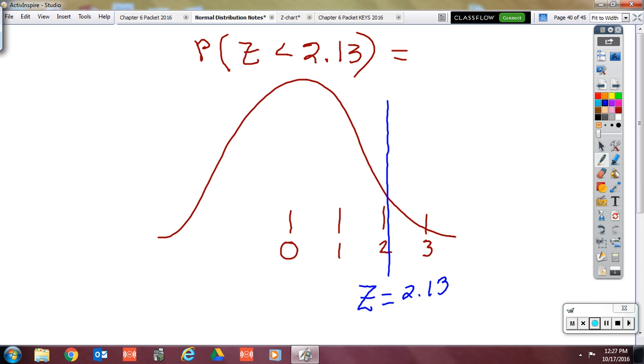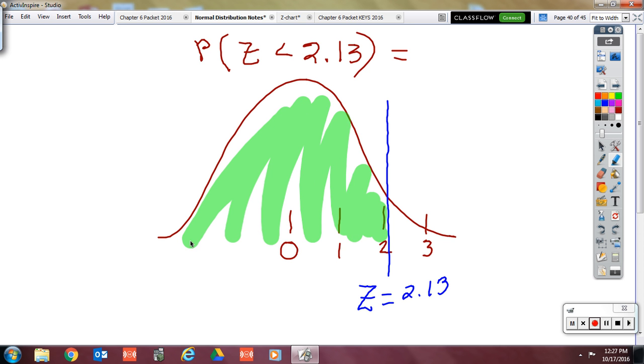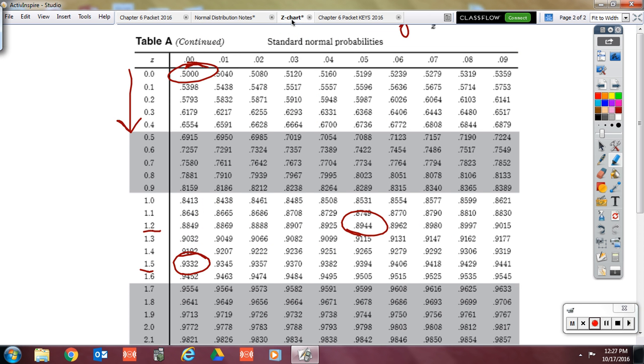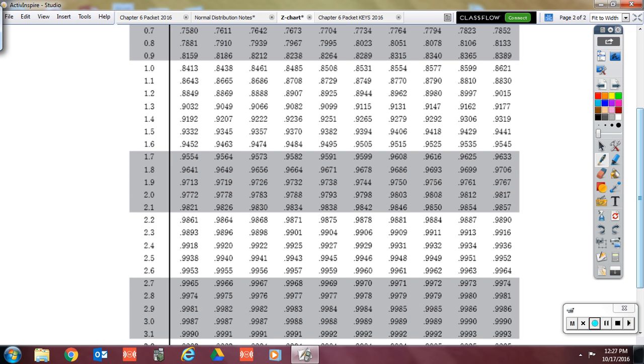Okay. Now, what area do I want? What is the shaded section I'm going for? This area below. Good. So you can come in here and you can shade in this area that you were going for below that 2.13. And so now we're going to go find that answer. And how are we going to get that area below? We're going to go to our z-chart to 2.13. So let's go find it. 2.13